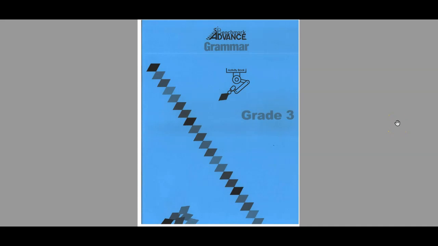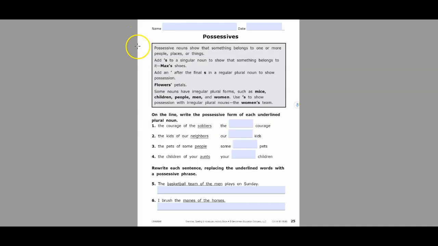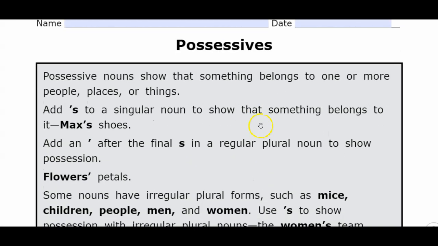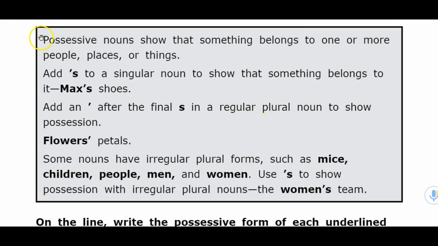Right, just like the video said, we're going to talk about possessive nouns. Okay, so go to page 25, right here where it says possessive nouns. I want to get a highlighter. This is important. Possessive nouns show that something belongs to one or more people,